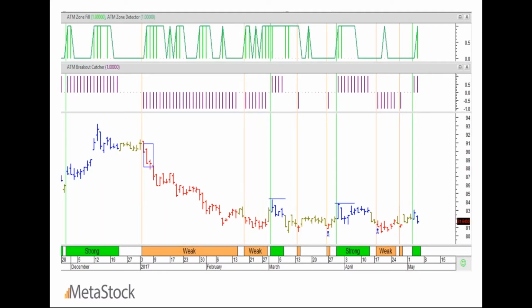If you put on a simple MACD, you'd probably have a series of buys and sells all over the place. And for that matter, a lot of indicators. You might put on a 20-period average and see a lot of chop. So the breakout catcher is really a lot more refined. There's a lot more packed into the indicator rather than just one or two different things.